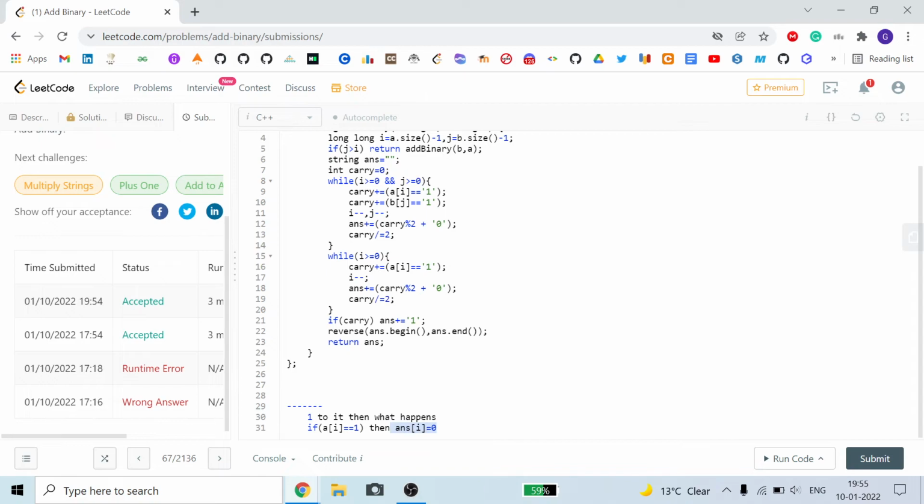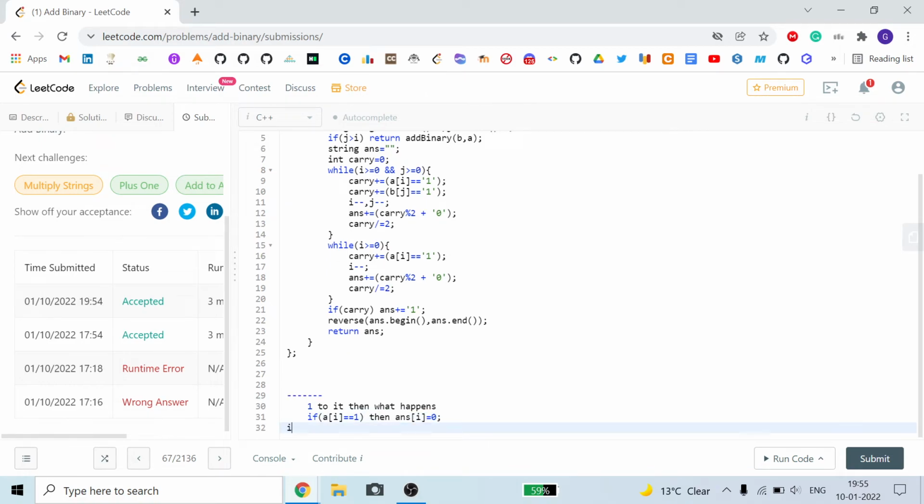But if ai is equal to 0, then answer i is equal to 1, and we have used this 1 in our answer. So this one will become 0 now, because we have used it in this iteration.